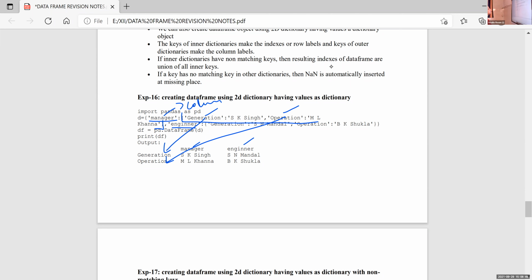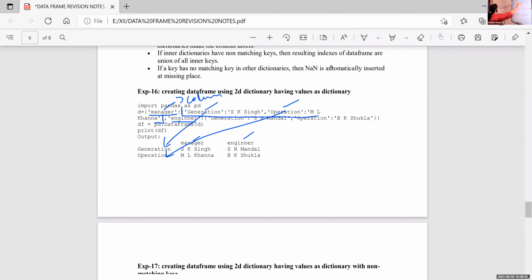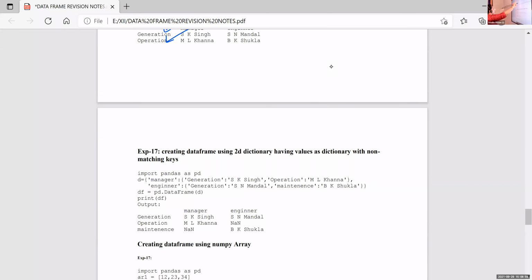So here we are using a nested dictionary. The next one is creating data frame using 2D dictionary having values as dictionary with non-matching key. If there is a non-matching key, just like the previous section, the value is filled with NaN.